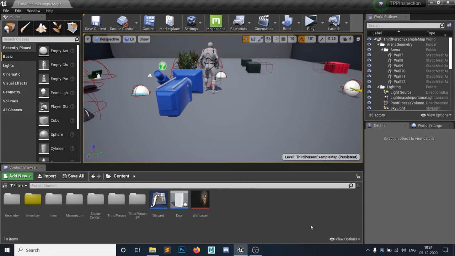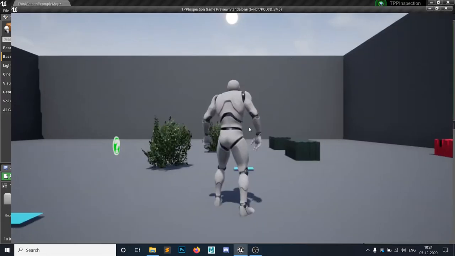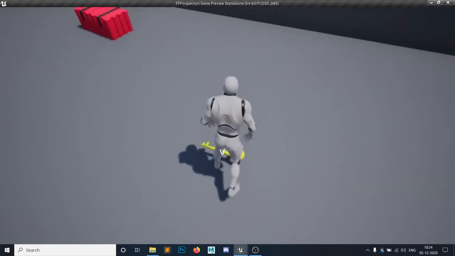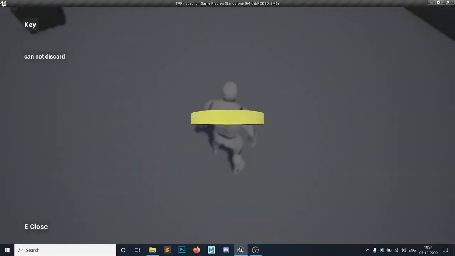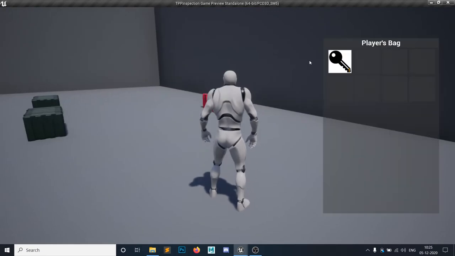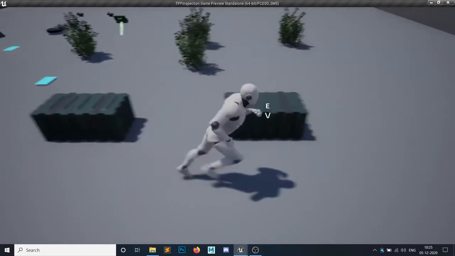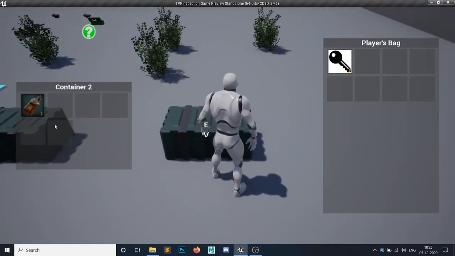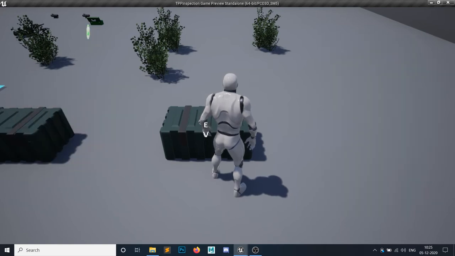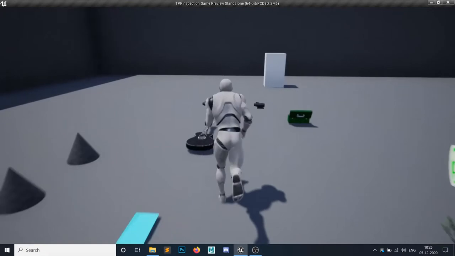So we are back with a new requested video of how we can discard a quest item which cannot be discarded. Let me show you what we're gonna do today. As you can see, this is my key. I have created a new child class of a key. I can inspect it, and this is added to my inventory, but if I click, I cannot discard it. Focus on this. As you can see, this is disabled. Also, I have added a functionality so I cannot add it to this container because it's a quest item. We will code this, but the main thing is that we cannot discard that.